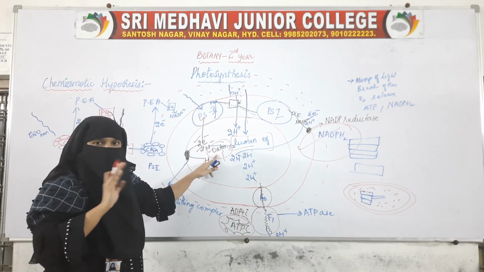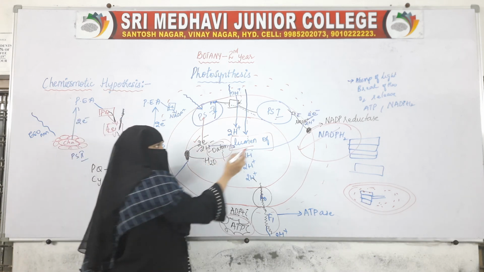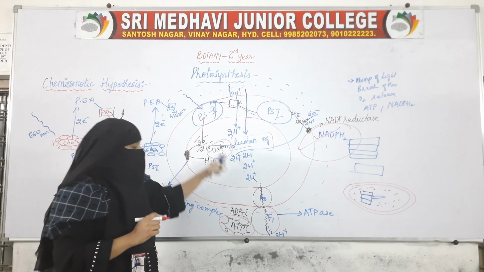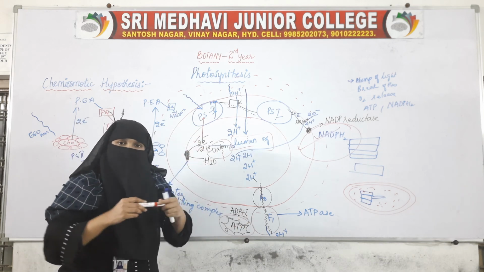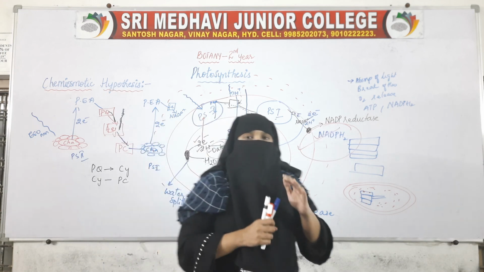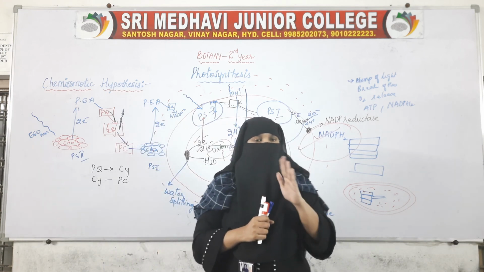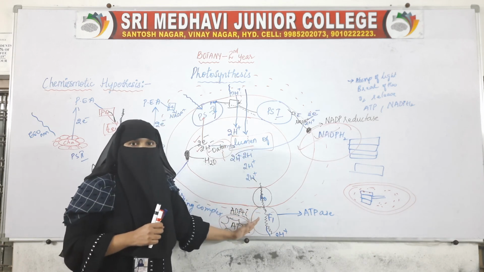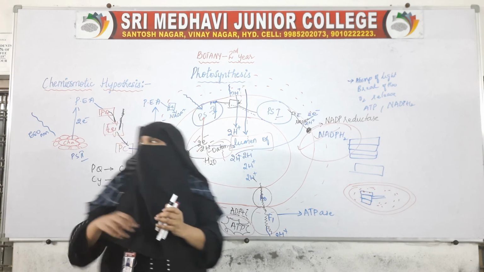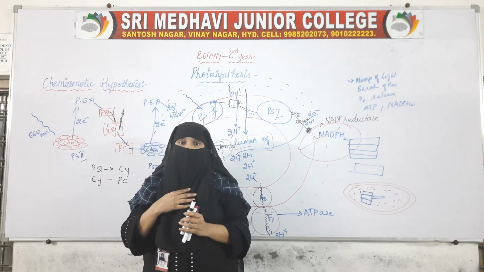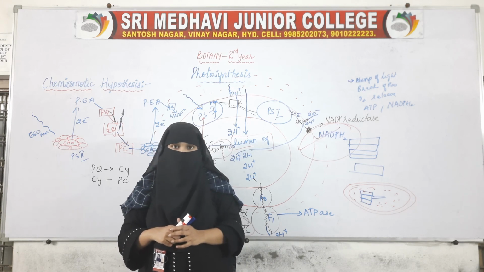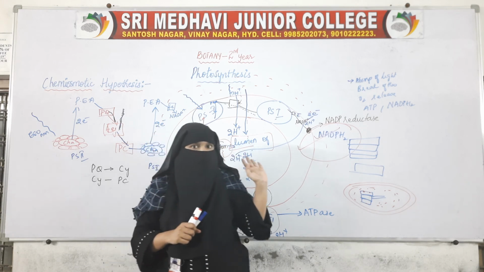So now at the end what we have got is NADPH2, oxygen and ATP. Oxygen being a gas will be evolved. The only things left over are NADPH2 and ATP. So this is how ATP is formed. We said during cyclic and non-cyclic photophosphorylations, ATP is formed. So this whole process is called the chemiosmotic hypothesis. Chemiosmotic hypothesis. So this is how ATP will be produced.